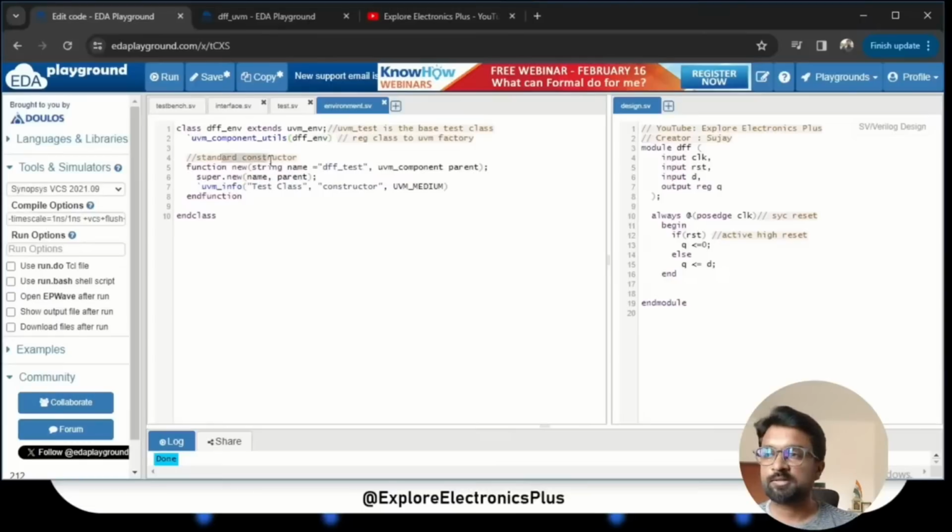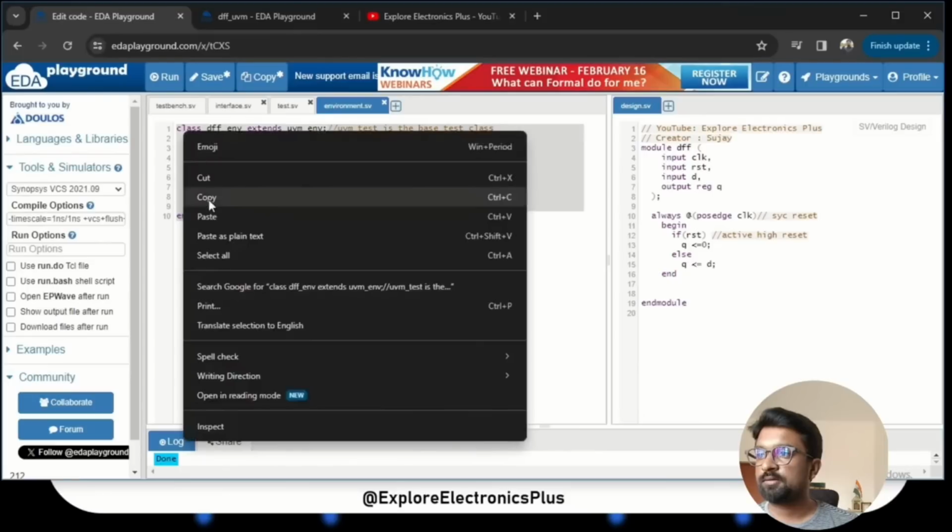Similarly, the standard constructor for this environment class is function new, string name dff_env is the name, and uvm_component is the parent, and this remains the same. Here I can change this to say it is an environment class,